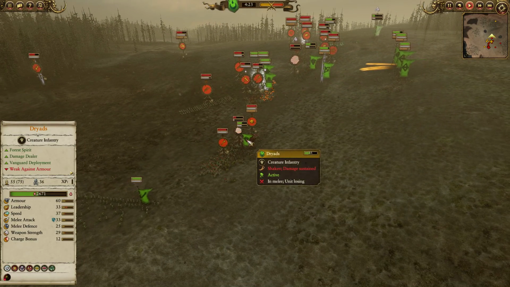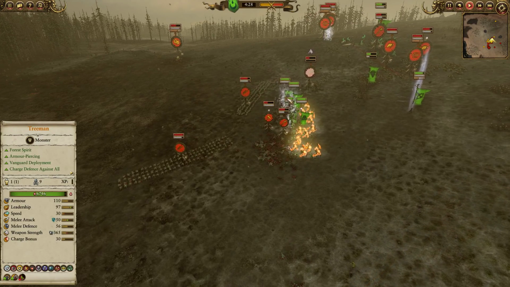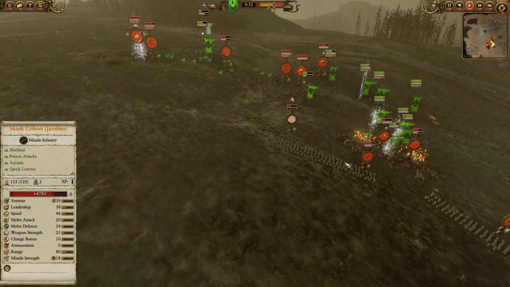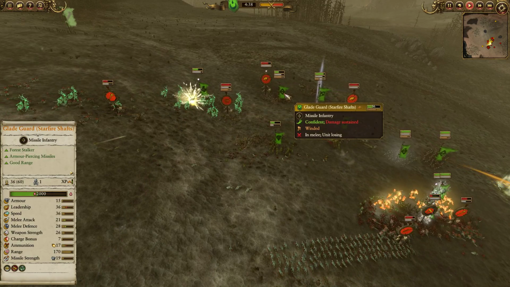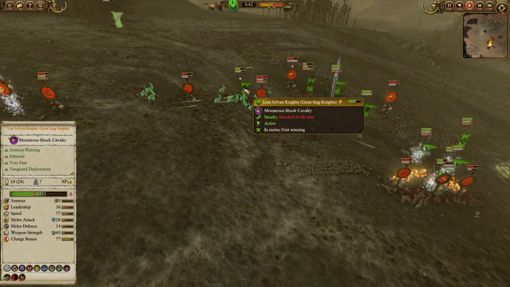However, on the left-hand side, Dryads are doing an absolutely upstanding job. Eternal Guard are starting to float in, and in the middle, we have the powerhouse of the double Treemen slapping Saurus and cohort alike. My opponent's doing a really decent job. Hobo Pack cohort as well as Cold One Spear Riders are charging into the back line, looking to overrun the Glade Guard. We get yet another big hit on the Lost Silver Knights,